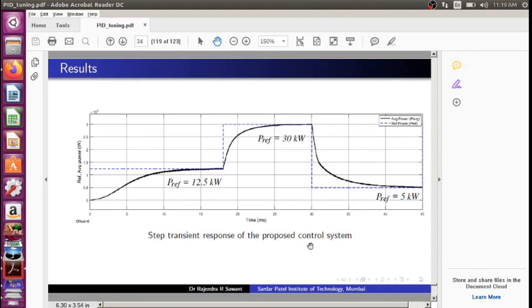This takes around 10 to 15 milliseconds, so nearly 13 to 15 milliseconds are required for settling down to the new reference. This is the way the induction heating system is implemented and tested with a step change in the reference input.